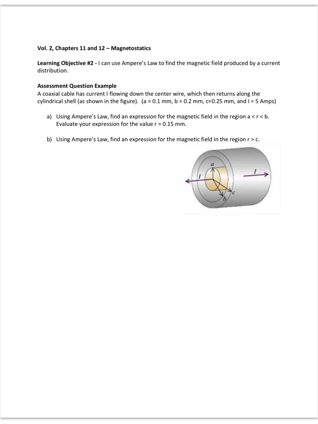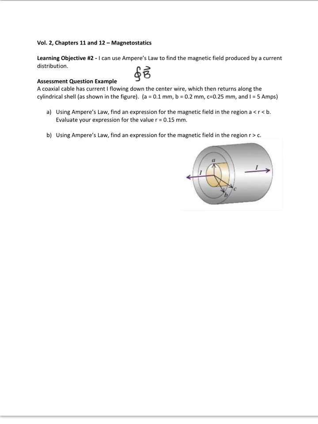So here is an example of the type of problem you might run into in Learning Objective 2 for magnetostatics. This is the learning objective where we're asked to use Ampere's law to explain something. So just to remind you, Ampere's law